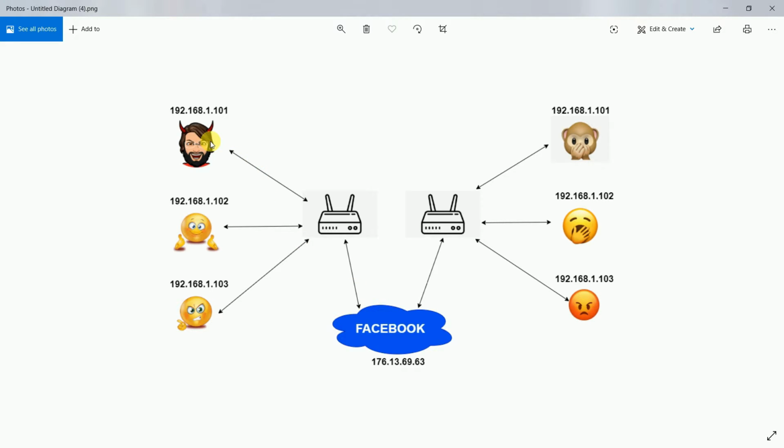Now imagine that I want to access the facebook.com server through my private IP address. Then it won't be possible. Why? Because Facebook doesn't know about my private IP. In order to access facebook.com, I have to go through the NAT router, that is the network address translation router. Now this router will translate my private IP into a public IP, and on my behalf it will communicate with facebook.com, and whatever reply facebook.com gives, it will redirect it to me. So this is how it actually works.